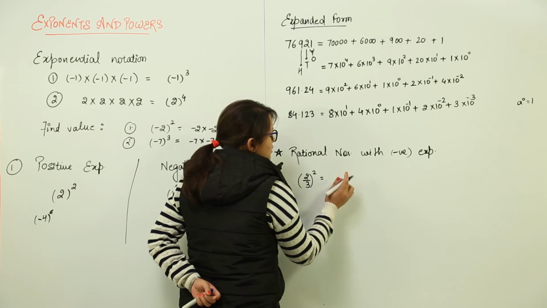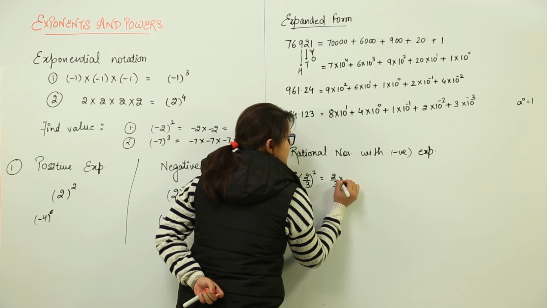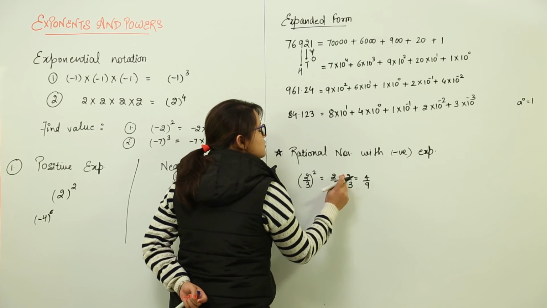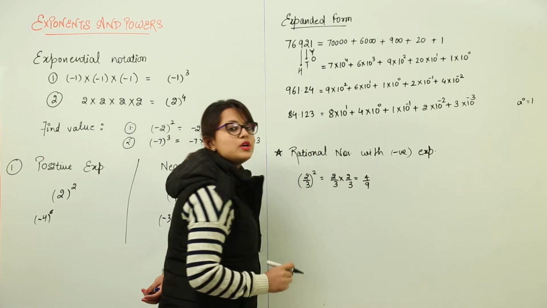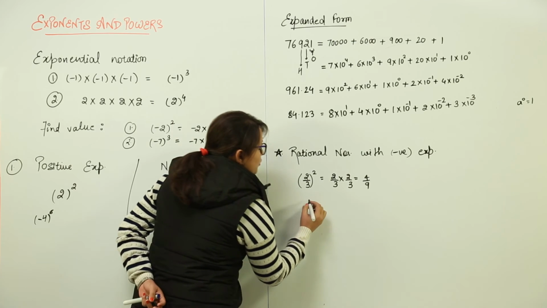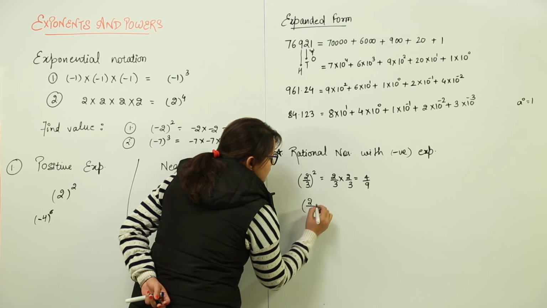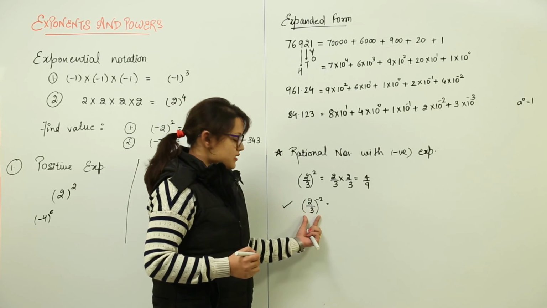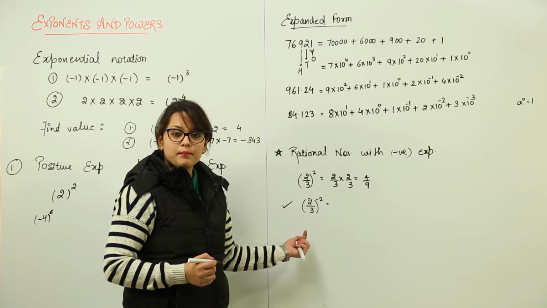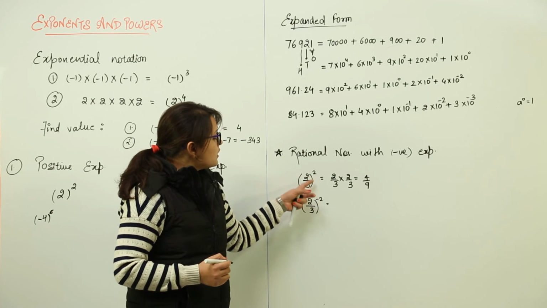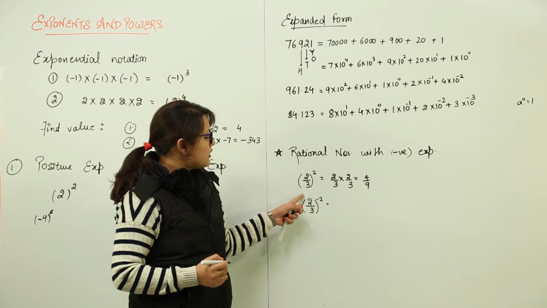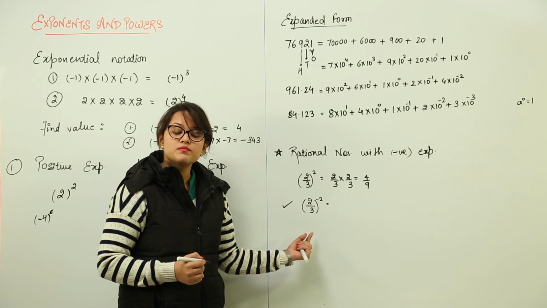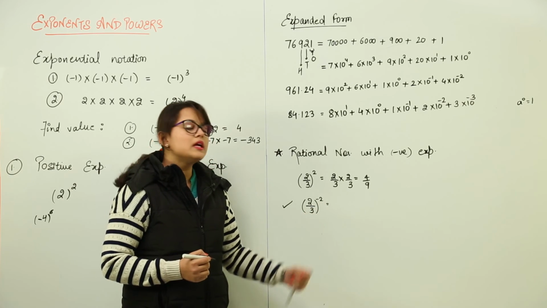But how would it solve? It will be able to solve this way. 2 by 3 into 2 by 3, which is equal to 4 by 9. Numerator into numerator and denominator into denominator. But what do you do if you get the power negative? Say this. Now you can see this is a rational number. The number I have taken is the same. But what is the difference in both of them? Here the power was positive. So I was calling this rational number with positive exponent. But over here the rational number has a negative power, which means the rational number with the negative exponent.